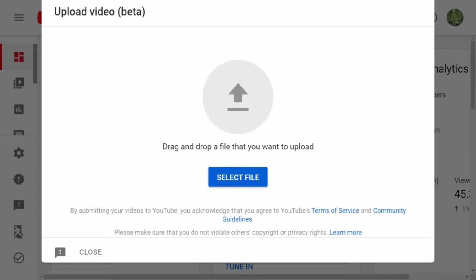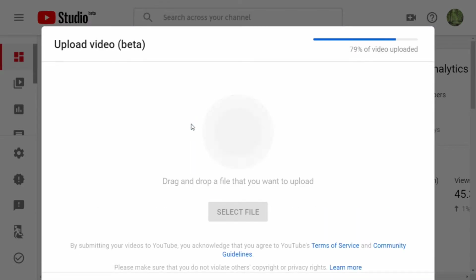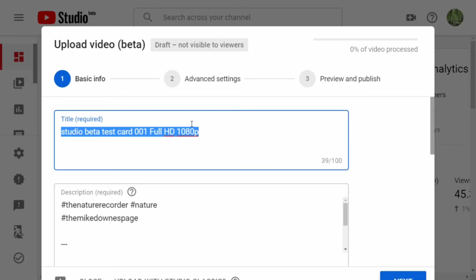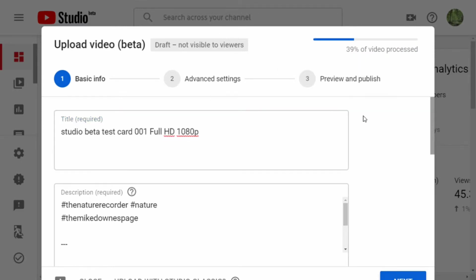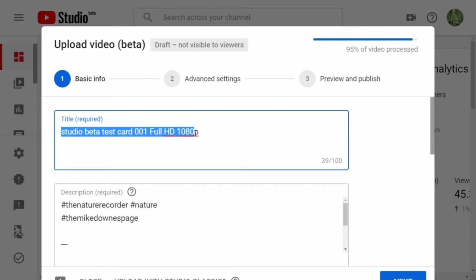So what we're going to do, start to finish, only taking a couple of seconds, is I've made a little video called a Studio Beta test card, and you'll see instantly what's happened. What you'll find straight away is the native file name, which is obvious, which is Studio Beta test card 001. Now what I would suggest on this title first is that you save the file on your hard drive as the final title that you want to be public, because there's a pretty good chance that even if I change this now